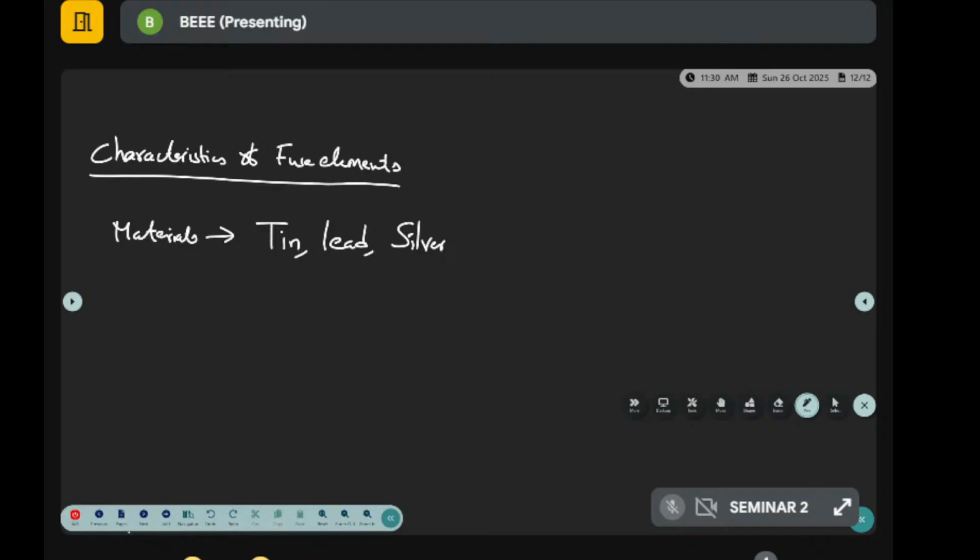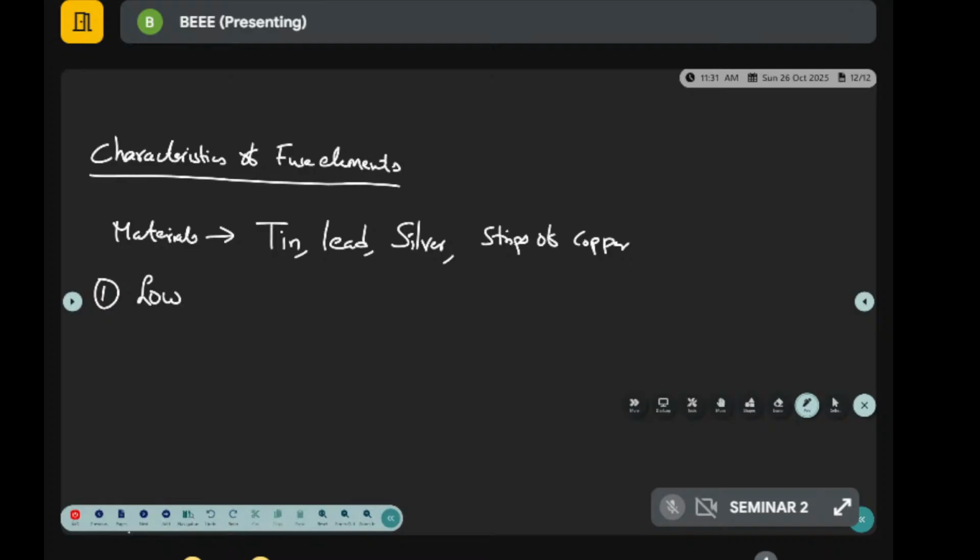And strips of copper, small strips. It is like our hair. Some bundle of strips of copper will be used. So what are the characteristics of this material? First one,